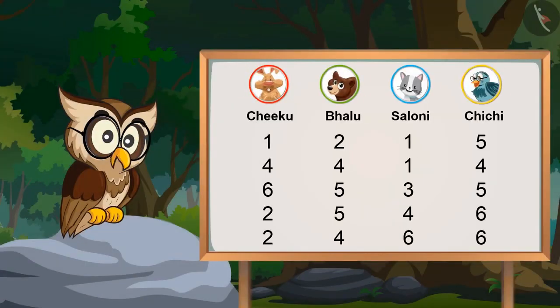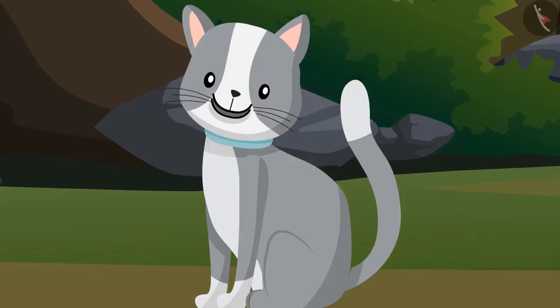So Chichi and Saloni got these numbers on the dice. Now we have made a list of the numbers that you all got by rolling the dice. So children, I can say, in this way I have collected all the points you got by rolling the dice. This kind of information is also known as data. So I can also say, I have collected the information about the points you got by rolling the dice. Okay. Can you give one more example of data?